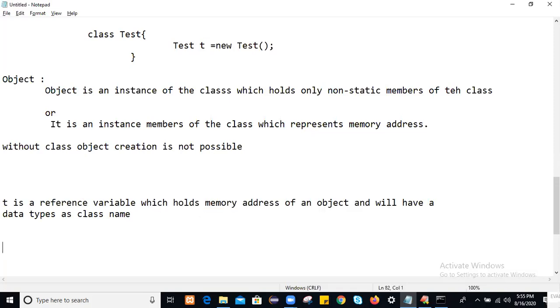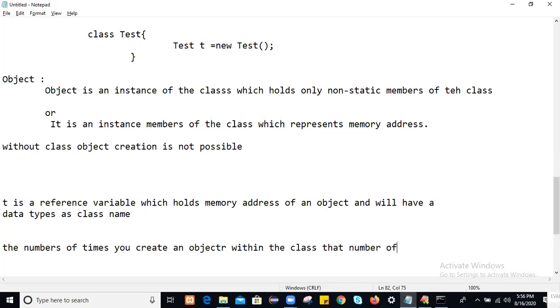The number of times you create an object within the class, that number of times all non-static variables, methods and blocks will get loaded.